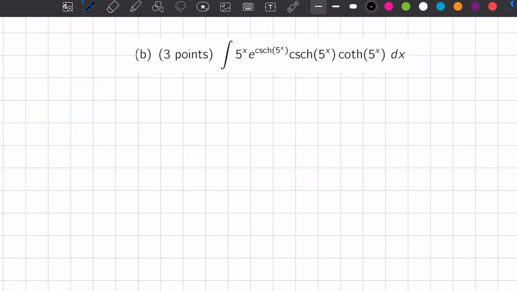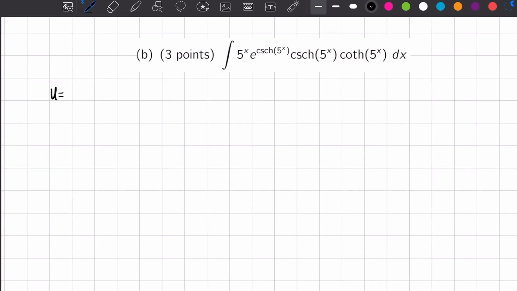For the second one, we have the integral of 5 raised to x times e raised to the hyperbolic cosecant of 5 raised to x multiplied by the hyperbolic cosecant of 5 raised to x multiplied by hyperbolic cotangent of 5 raised to x. As we can see here, the innermost function is a hyperbolic cosecant of 5 raised to x. And if we let this one to be our u,